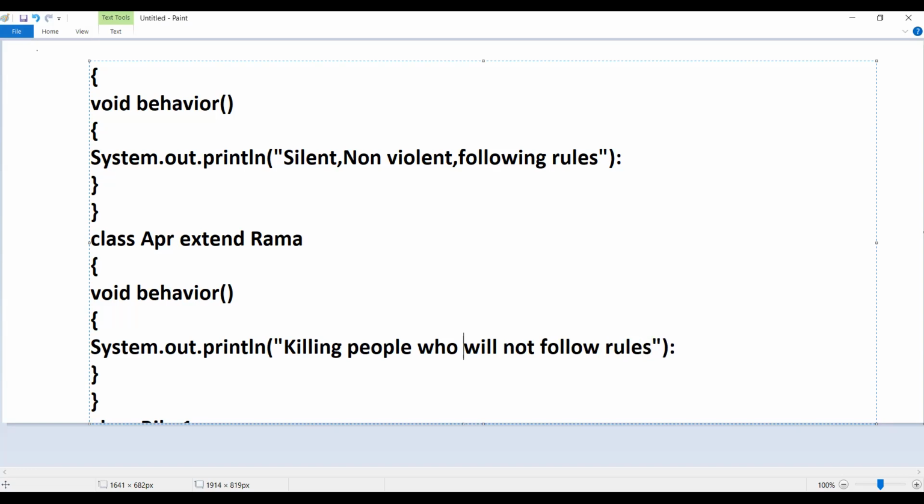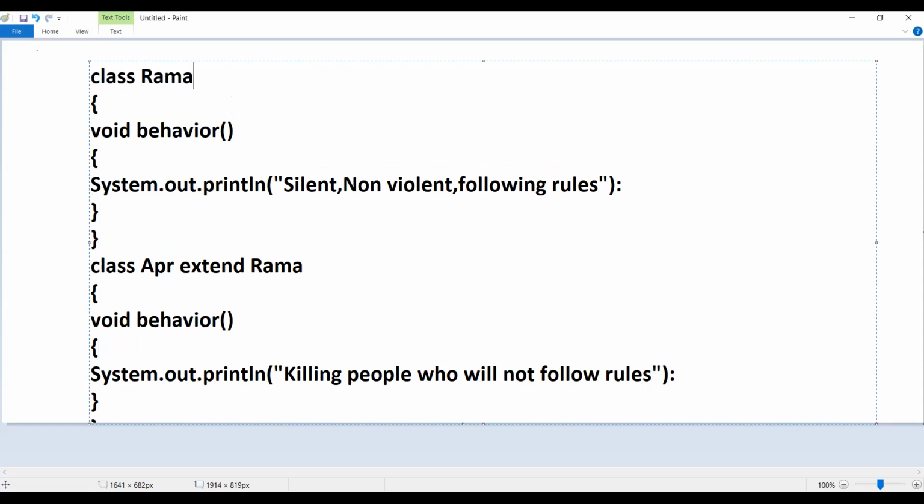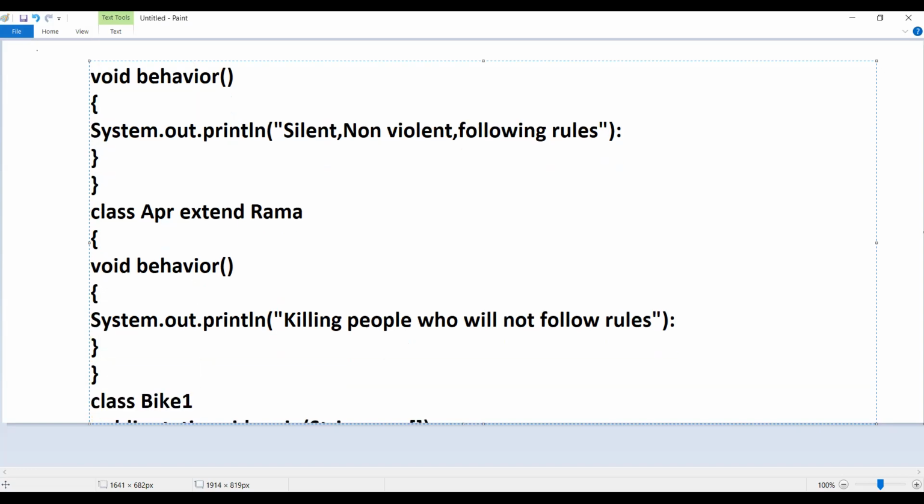So we have created two classes. One is the base class Rama. From the base class, we have derived the class Aparijita. And now with the help of this derived class, I'll be deriving one more class, called Remo. It extends the class Rama.